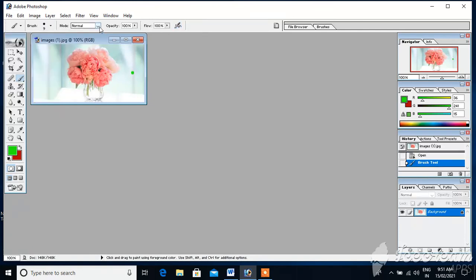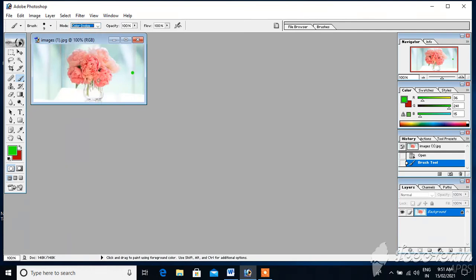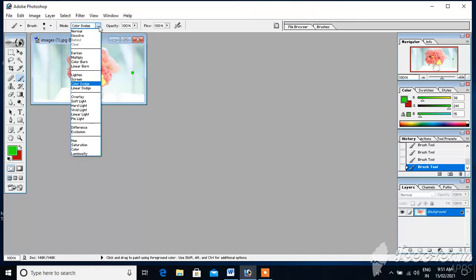Here are some modes. Okay, choose any mode. Now I will select the color mode and just drag here. It changes the color automatically.